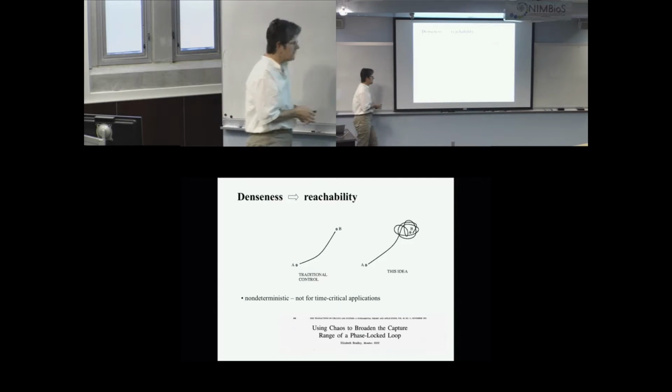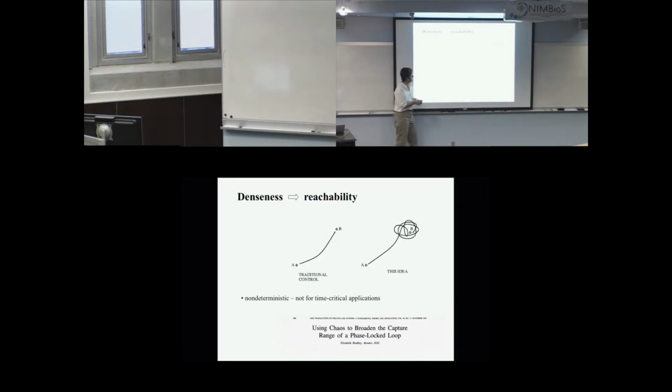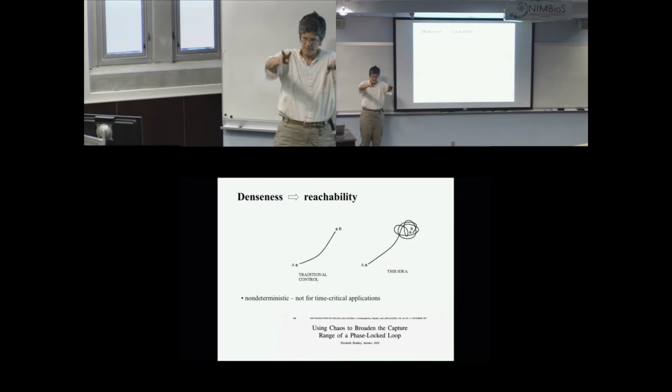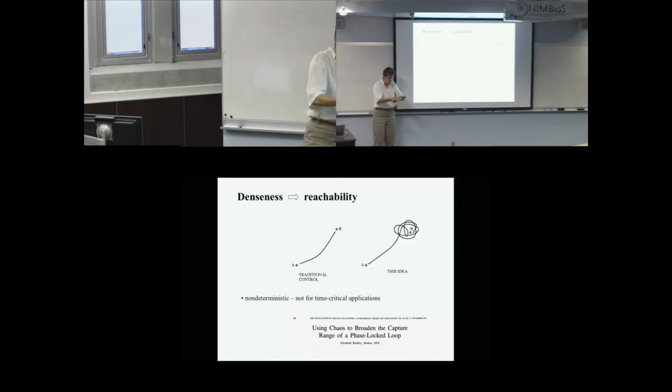Traditional control theory, what they do is they'll design some sort of controller that minimizes some cost functional going from A to B, and it's like we're driving to the airport. You pick that road we came in with all the Shoney's on the side and the Waffle Houses. There's this way you go, and you pick this way because you want to minimize your time or your gas, or you want to stop at Shoney's, whatever.